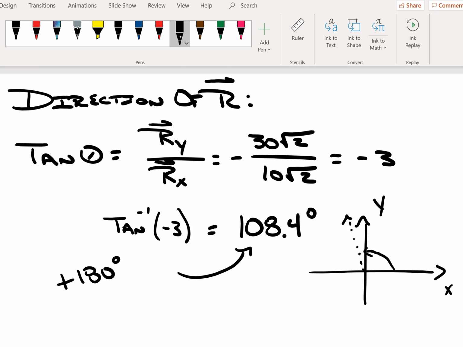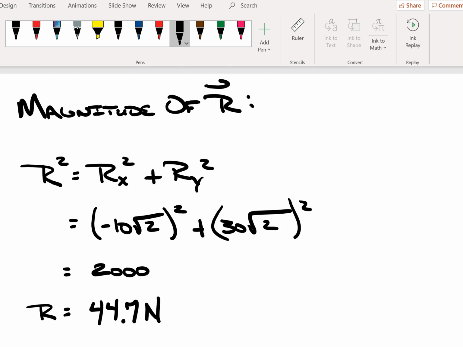So just recall, if it's in quadrant 1 or 4, we can obtain the inverse tangent function directly. If it's in quadrant 2 or quadrant 3, we have to add 180 degrees to whatever result we get when we take the inverse tangent in order to get the accurate direction of the resultant. The magnitude of the resultant is given through our Pythagorean theorem, and we insert our components accordingly. Execute the squared functions, and you'll get that r squared, or the magnitude of the resultant squared, is 2,000, and when you take the square root of both sides, you will arrive at a magnitude of the resultant of 44.7